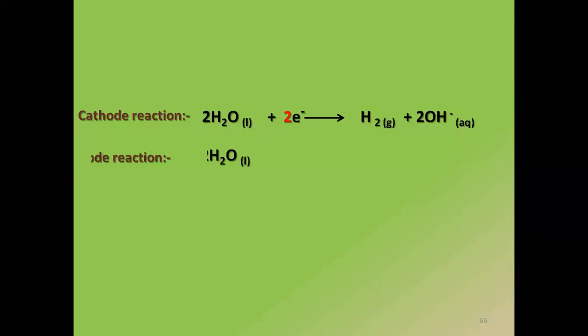Similarly, what is produced at the anode? Anode also has water, but anode does not accept the electrons. It gives away the electron. So how will I represent it? Which gas is being formed at anode, students? Come on, tell me. Which gas is formed at anode? Very good. Oxygen. So if oxygen gas is formed at the anode, which ions will come? Oxygen with H plus. And the numbers you can see in front are because of balancing the equation.